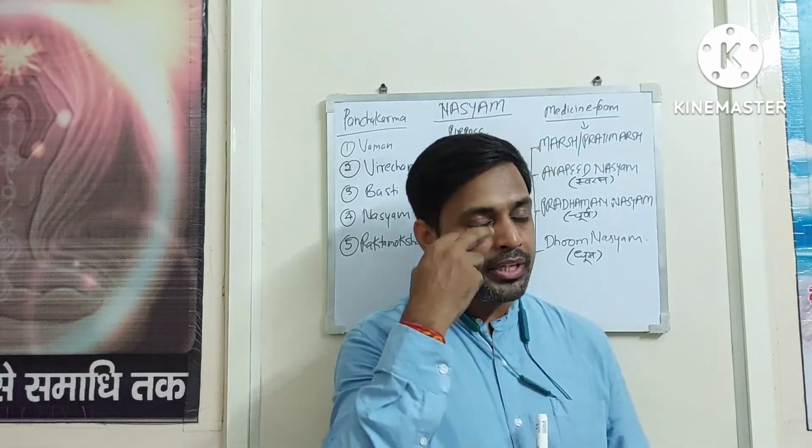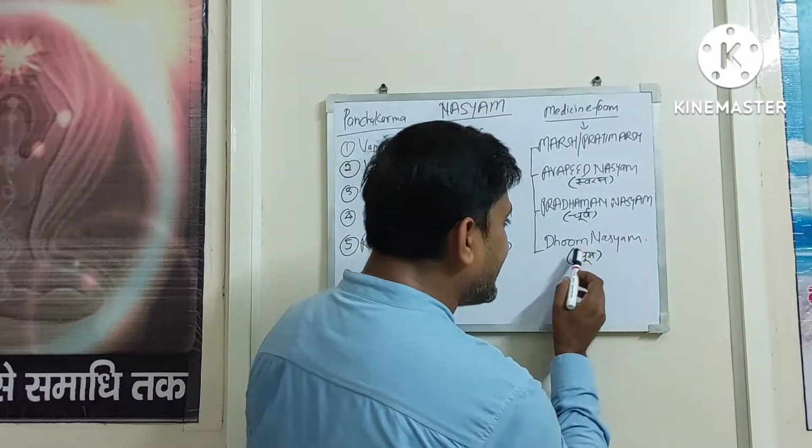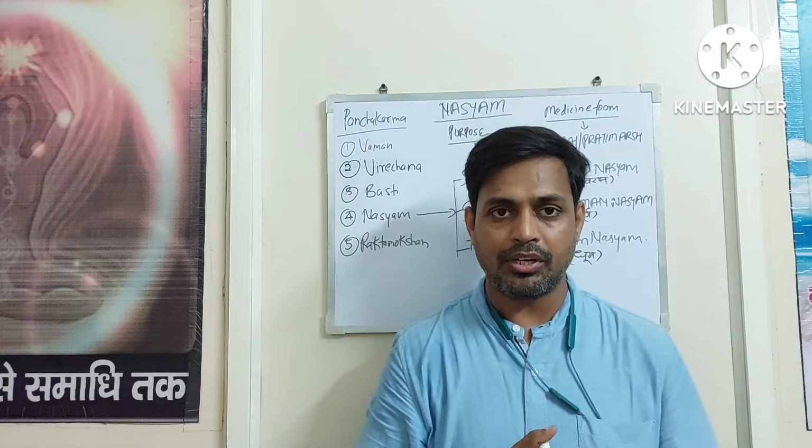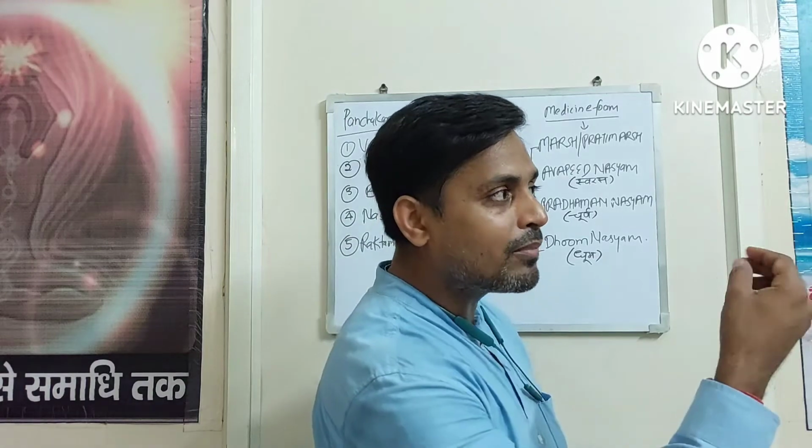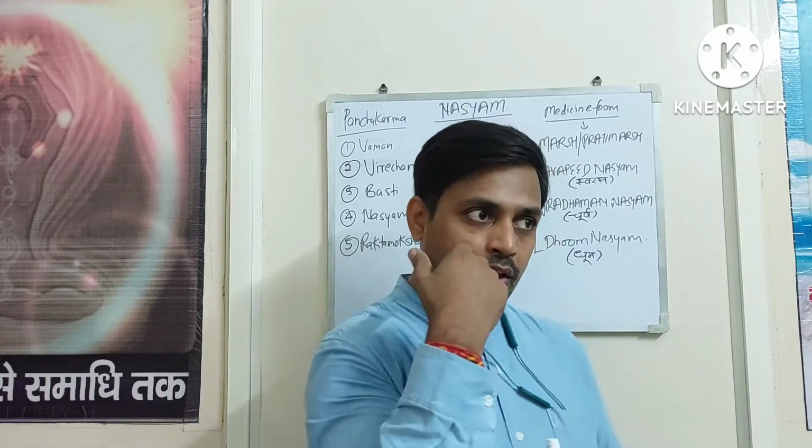Third variety, churna. It will be absorbed here in this mucosa, and this is the super fine powder of a particular medicine. The variety is Dhumanasya, so you can understand that as nasal smoking. Here you have to inhale dhum. What is dhum? That is the smoke of particular medicines. Like cigarette smoking, this is the smoke of tobacco. You inhale through the mouth and you exhale through the mouth, sometimes through the nose. That is what you call smoking.